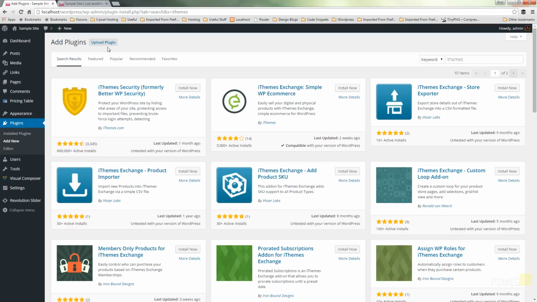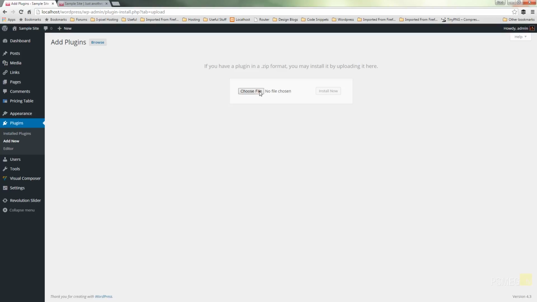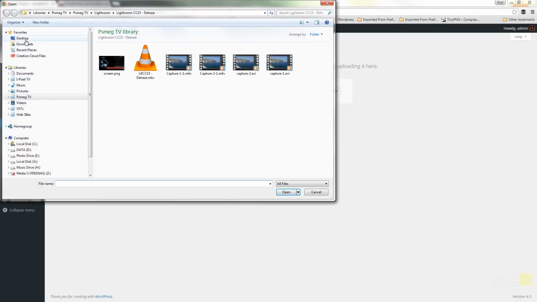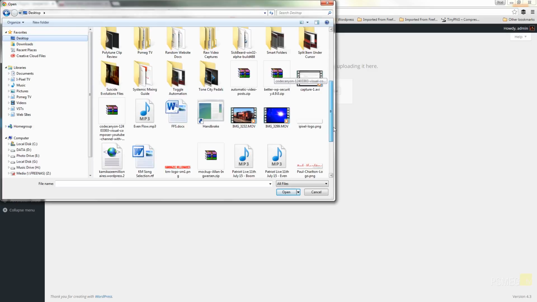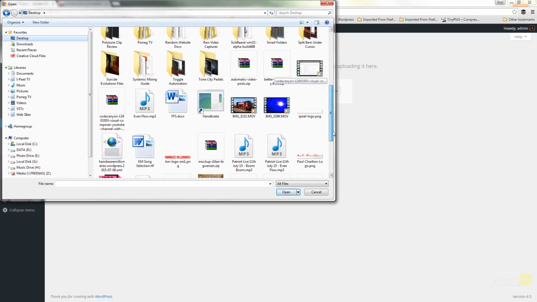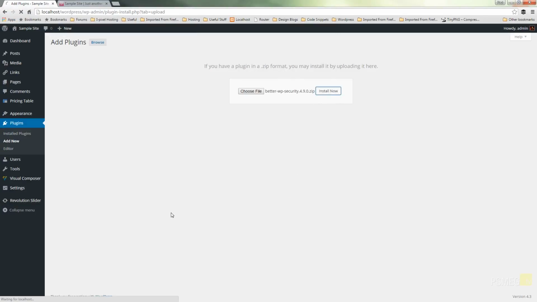I'm just going to choose to upload my plugin because I've already downloaded it. I'll choose my file, find that on my desktop, and we're looking for Better WP Security. Install that. Now that'll go through, it'll give us a simple wizard that we can set up some of the